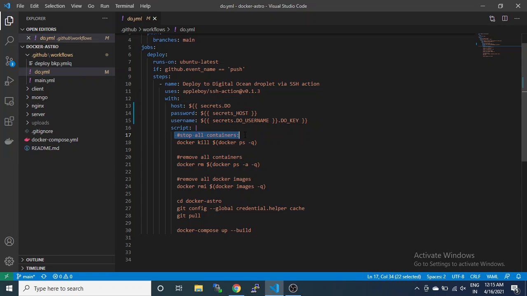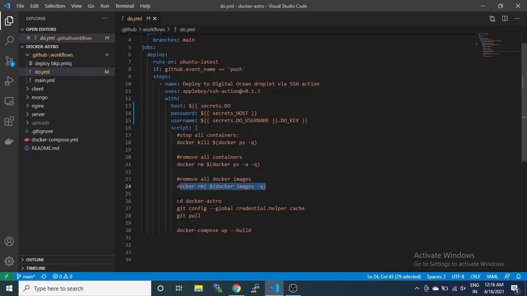This is the command section. Docker kill will kill all the running containers, and then it will remove all the containers. Then it will remove all the images which we built earlier with the last code base.